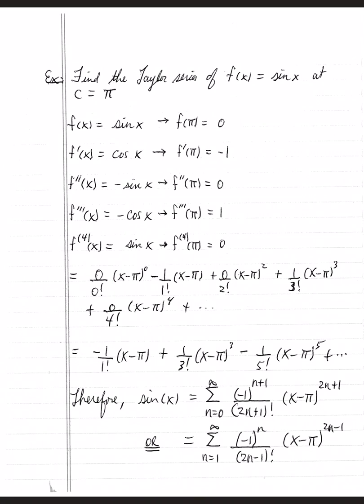And by now you can spot the pattern. All the even-powered terms go to 0. All the odd-powered terms remain. You have an alternating sign, negative, positive, negative, 1, 3, and 5, 1, 3, and 5. So writing this, sine x can be written as the sum from 0 to infinity of negative 1 to the